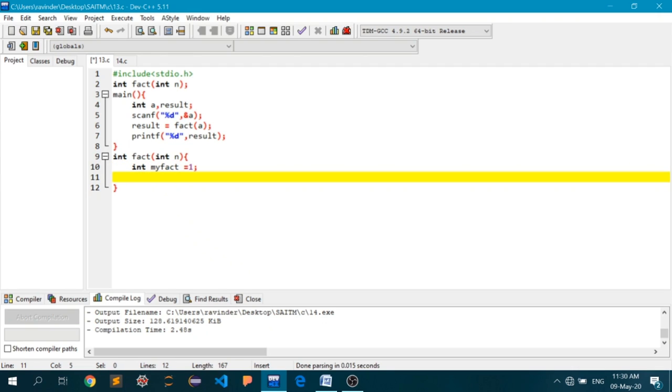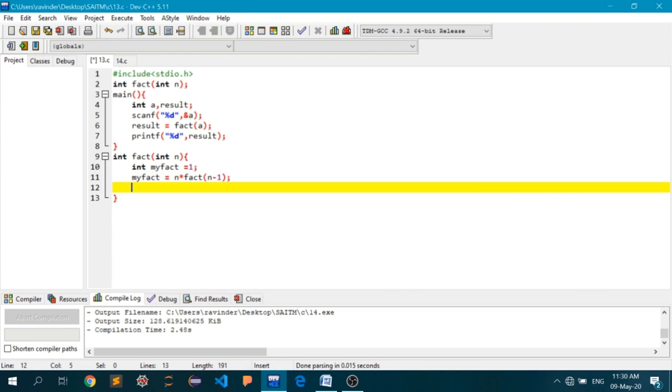This my fact will hold the value of your final factorial. My fact will be equal to the number n multiplied by fact of n minus 1, and then return my fact.